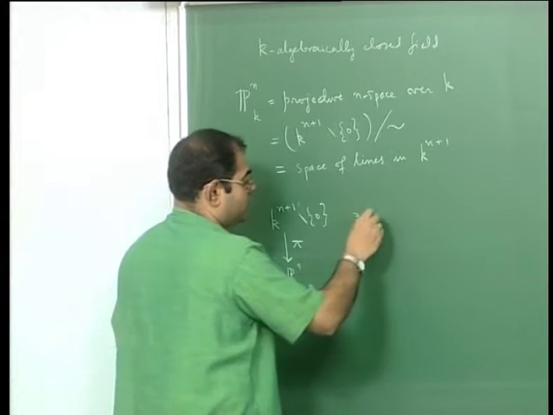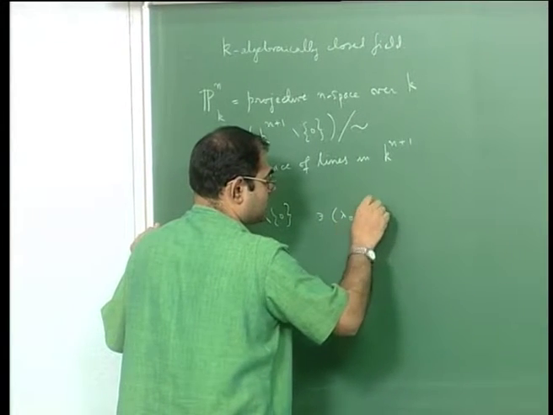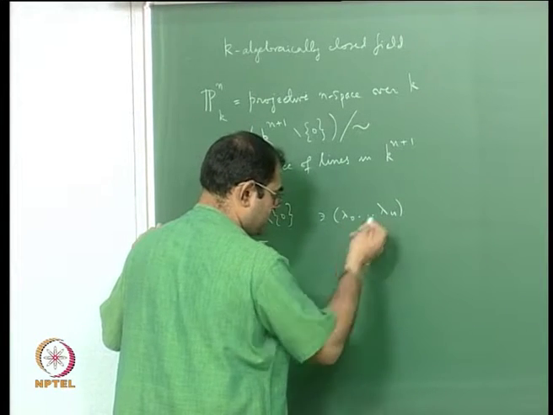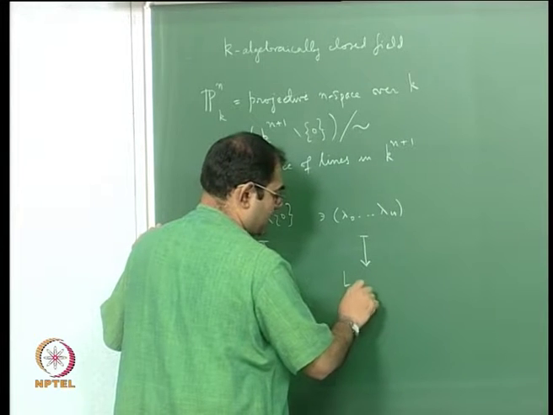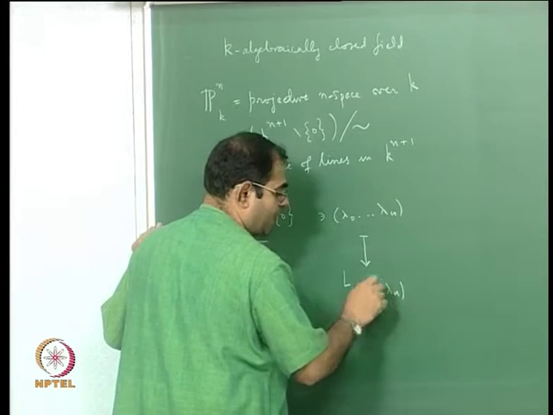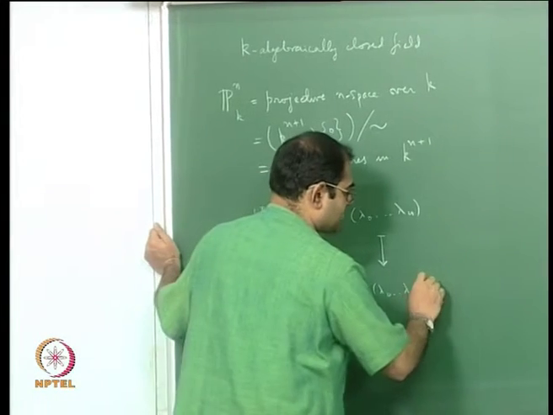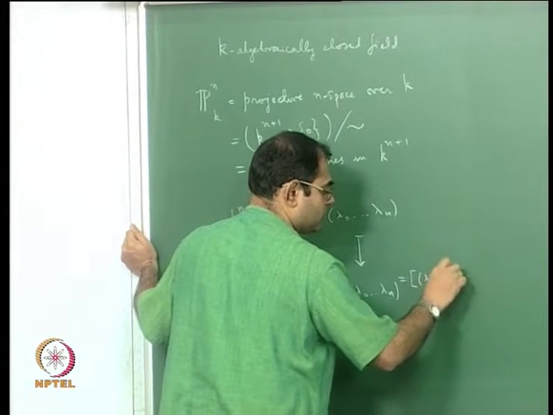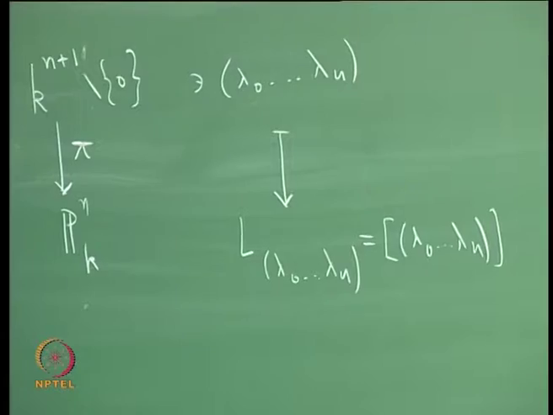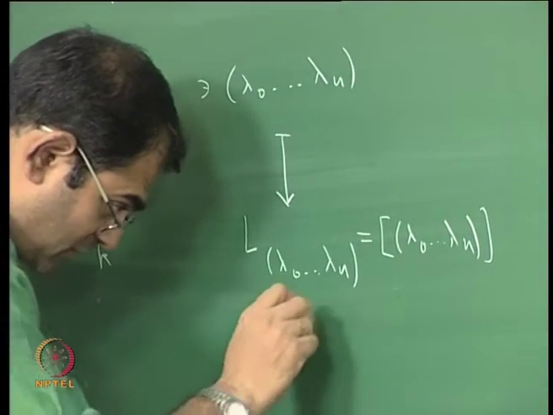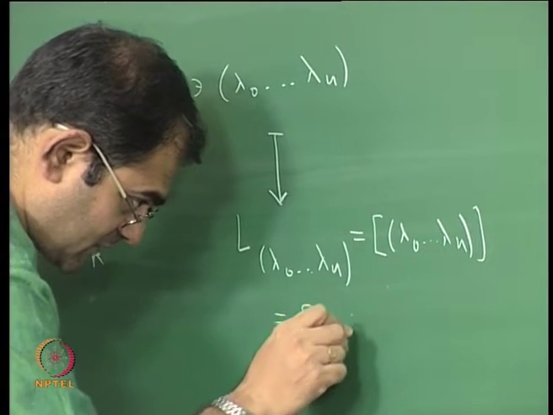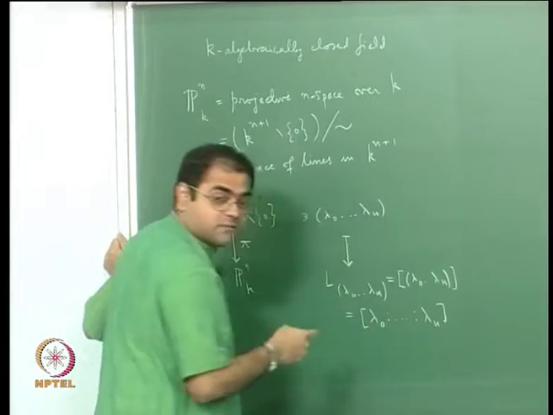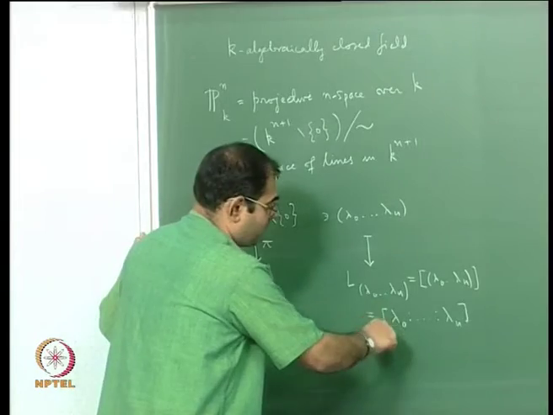Okay, so you send a point with coordinates lambda naught through lambda n to its equivalence class, which is the line passing through lambda naught, etc., lambda n and the origin. Okay, this is the same as the equivalence class of that point, where the square bracket denotes equivalence class, and this is also written in this form: [lambda naught : ... : lambda n], where this colon is to be thought of as a ratio, and we put square brackets to say that